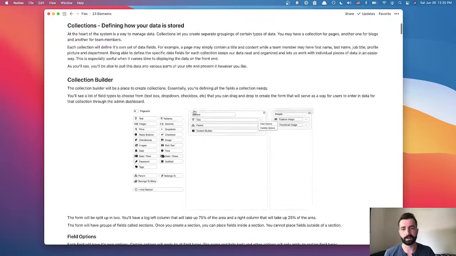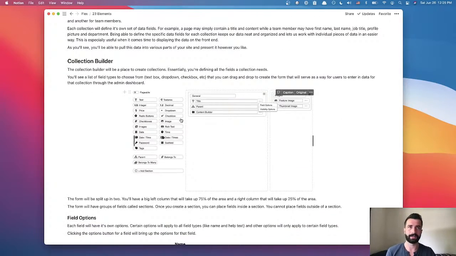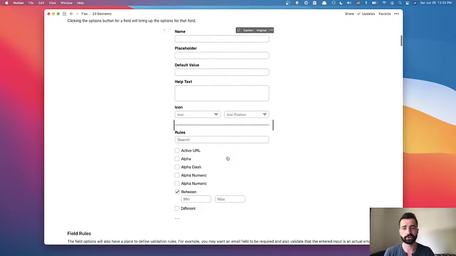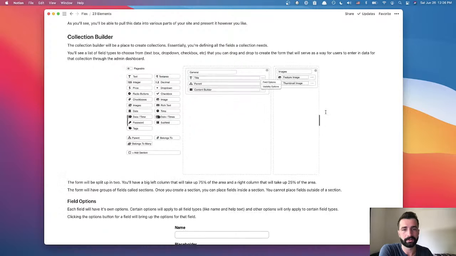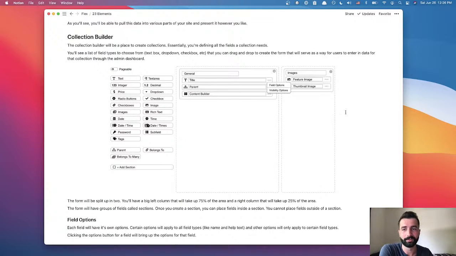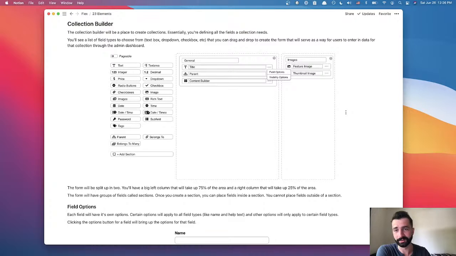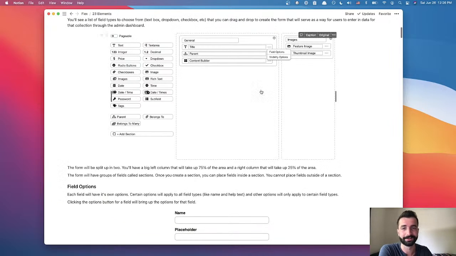Even just thinking about this collection builder, there's going to be a lot of logic and a lot of work that goes into building every single field type, and all the different configurations and roles for every field type, and it's just going to be tedious work. Besides the troubles with integration, there's also the emotional part of it. I want to be motivated to build this system, and if I get too in the weeds in one of these layers, maybe I'll just get bored and stop doing it.